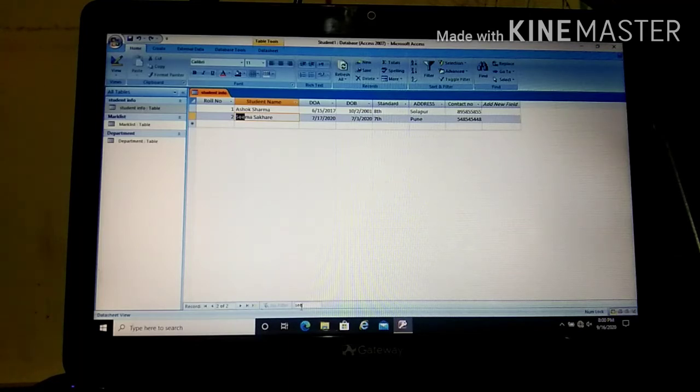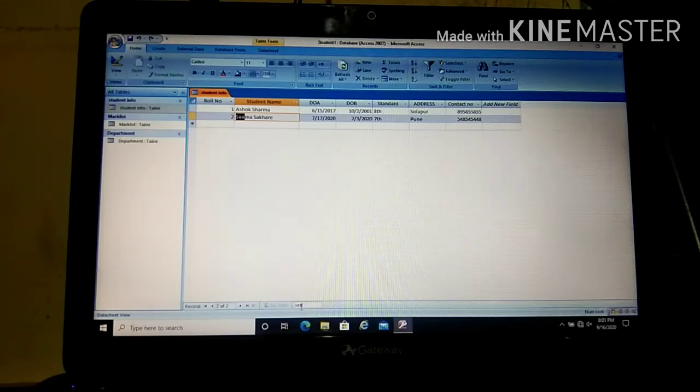So there is no need to create a new column for this. You can use that same field from another table, and for that you have to use the lookup wizard option. You might be confused about how to do that. Means using one column from another table in a different table, right?